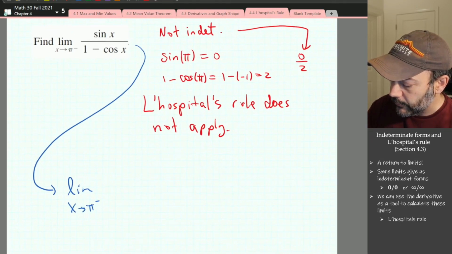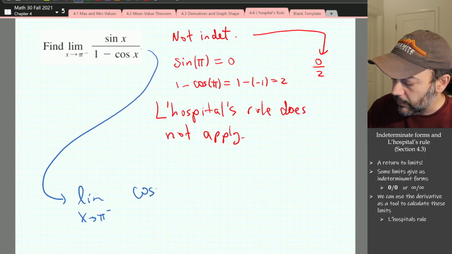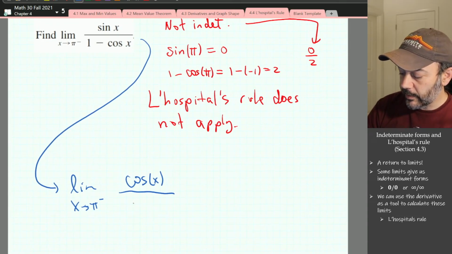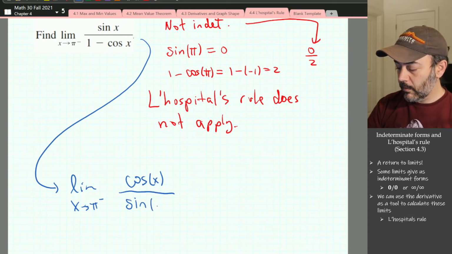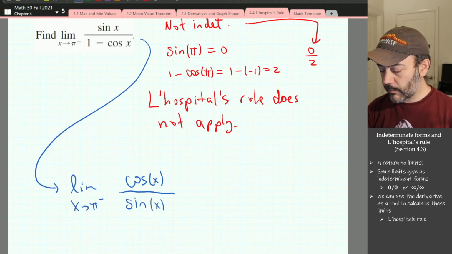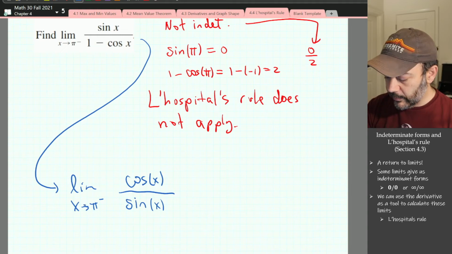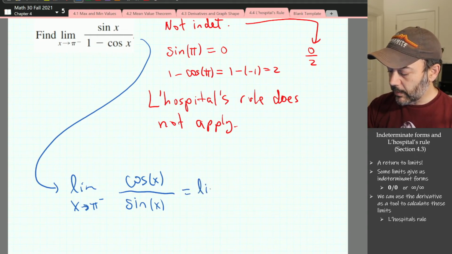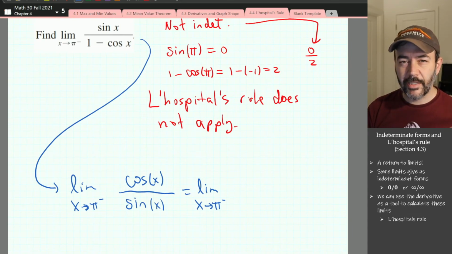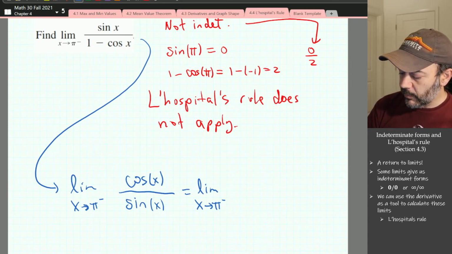And if you tried to do L'Hopital's rule, you would get the limit as x goes to pi from the left of the derivative of the top, which is cosine, divided by the derivative of the bottom. Derivative of negative cosine is sine. Okay. So this would be the limit as x goes to pi from the left of, there's a couple ways you could do this. Cosine over sine is cotangent, but you can just say, well, the limit as x goes to pi from the left of cosine,